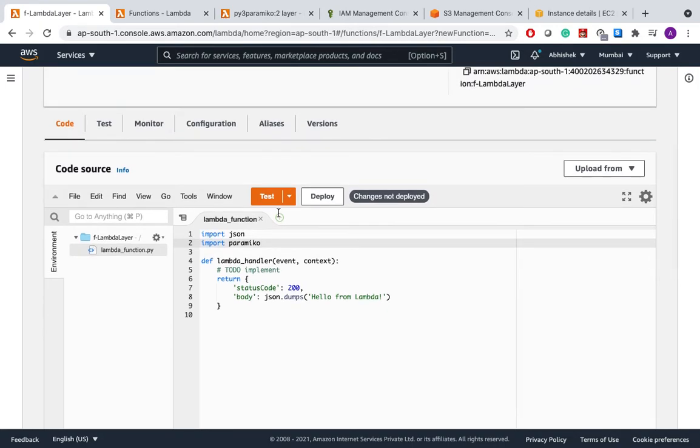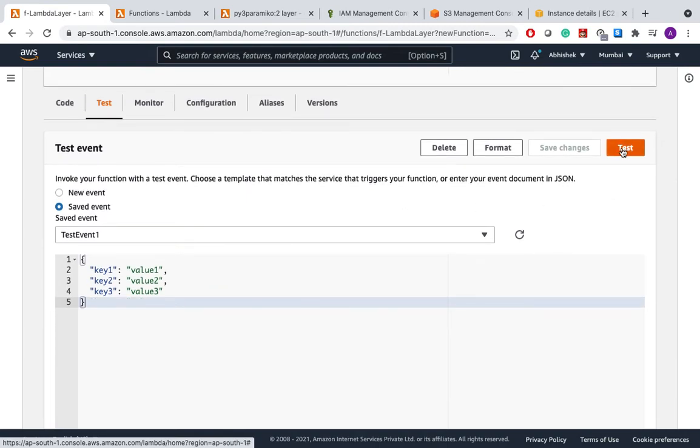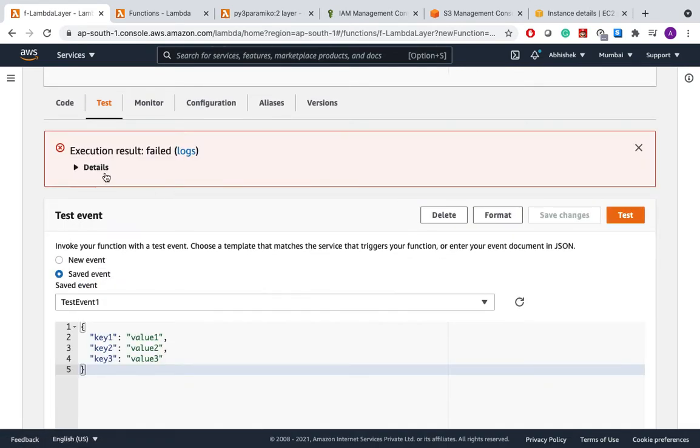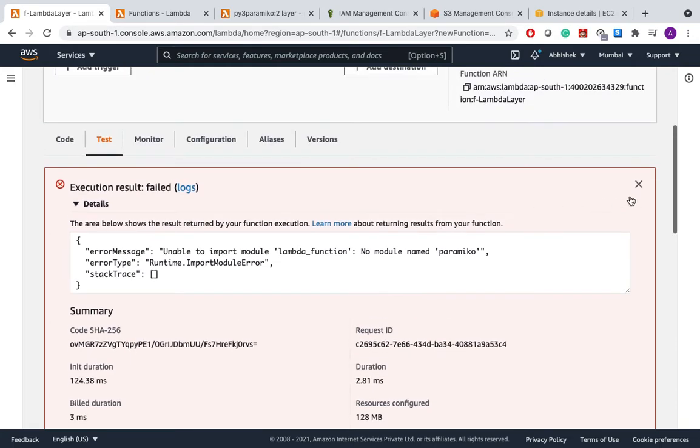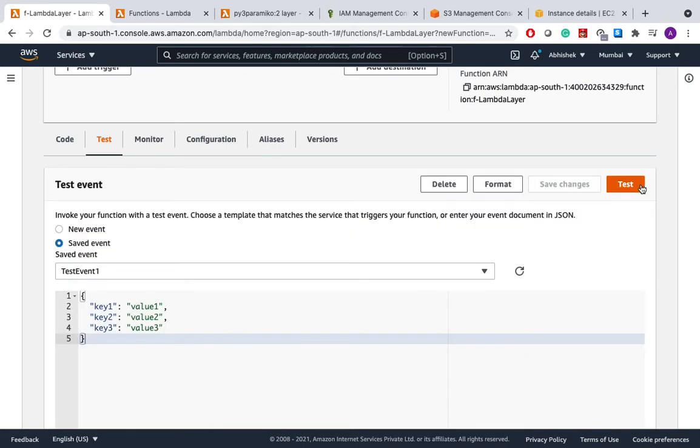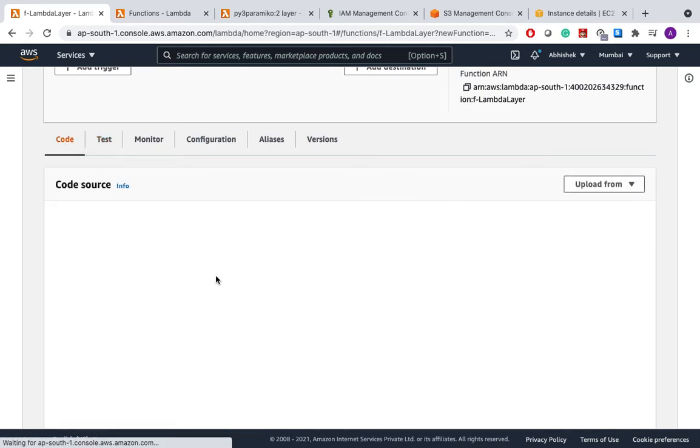But first, let's test it as is, without the layer. I have deployed the code. Let's go to test and test it. So it has failed and the error is no module named Paramiko. This is happening because the library is not available there to import, hence it is failing.